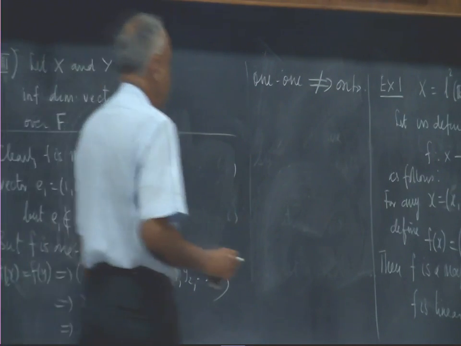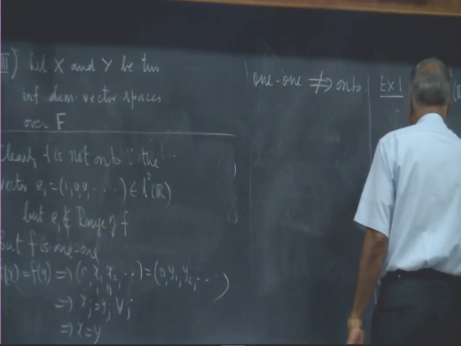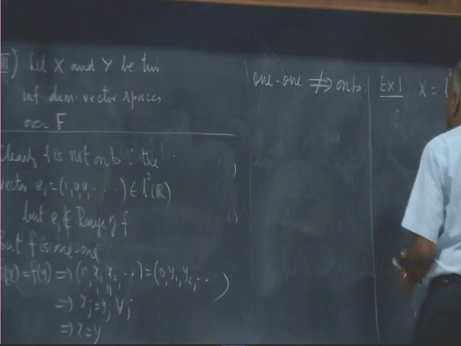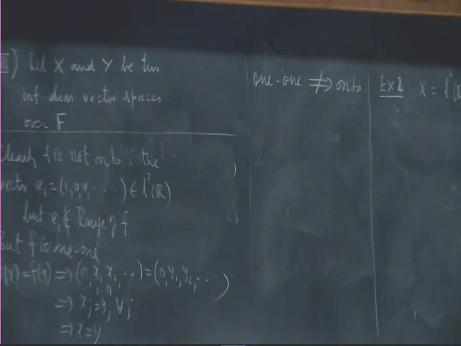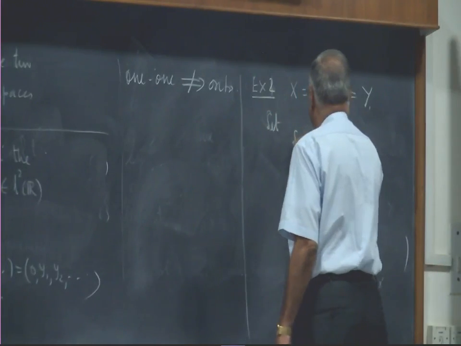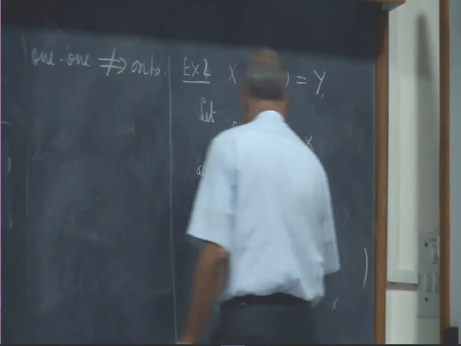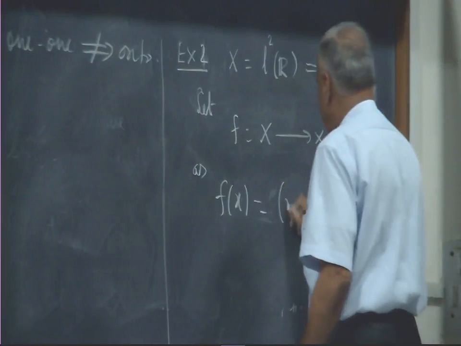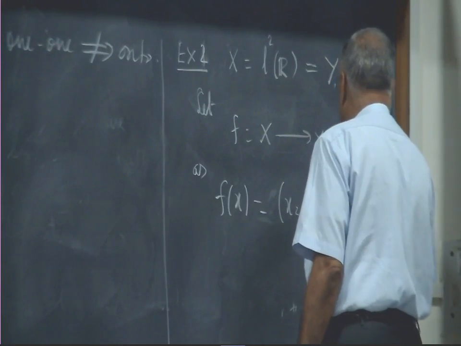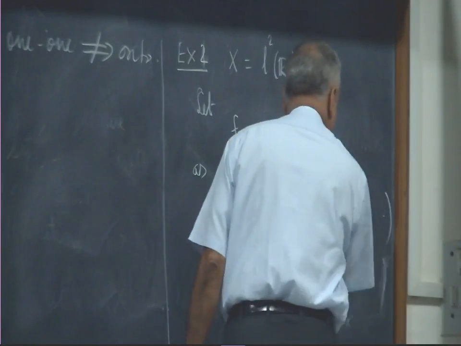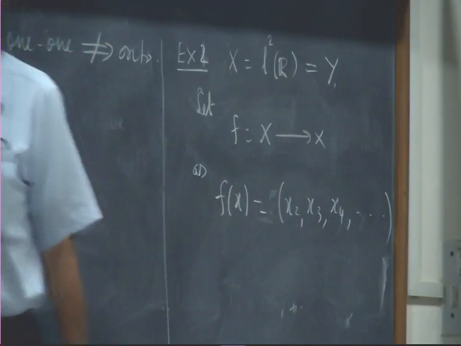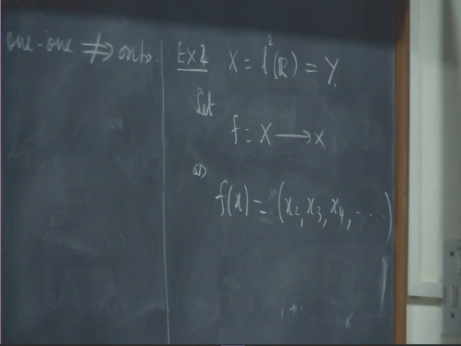Let me give another example. Example 2, it is the same situation again. Take the same spaces and then define f from X to X as, now the code of x, previously we shifted to the right, let me shift it to the left. Now what about this function? It's linear, now it is onto, because any vector can be caught as the image of some fellow, but it is not